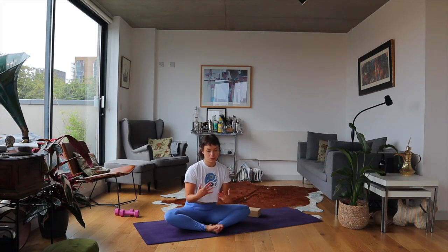when you move, it's more of a dynamic stretch, but this is more of a passive stretch, which has got its own lovely benefits and feels really nice. You could even close your eyes here for 2 breaths. Close your eyes, open them,